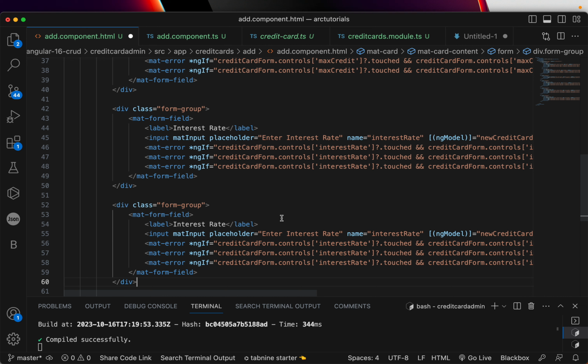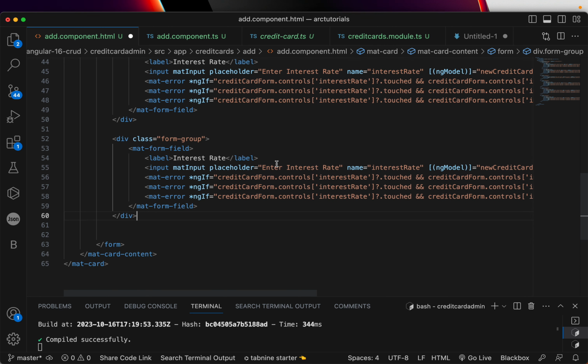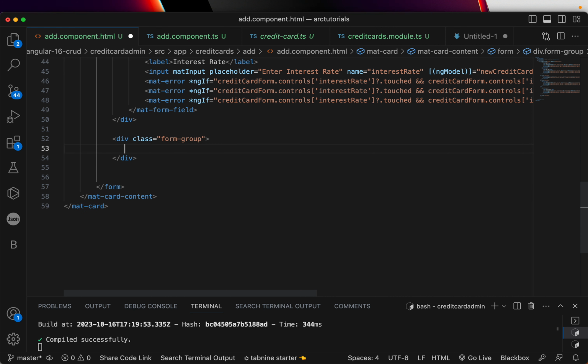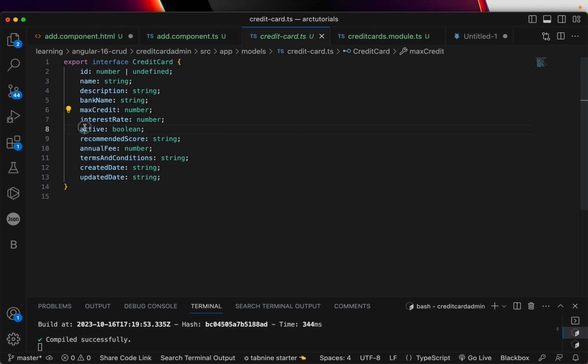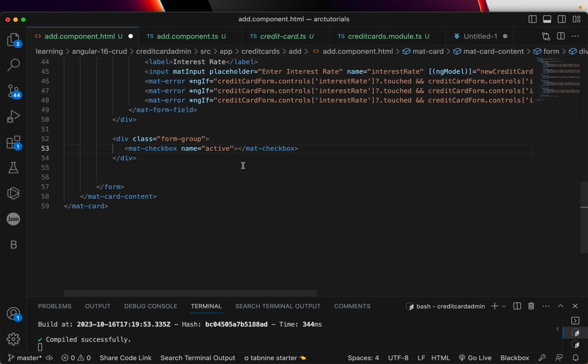So I'm going to use a checkbox here for you. Instead of this, I'm going to just use a checkbox. For that we will just write mat checkbox, and we will use this for the active. I'm going to give a name which is active, this field which is boolean, true or false, so I'm using a checkbox. Now for this again you would give the ng model,